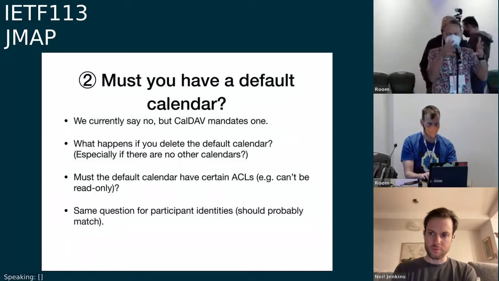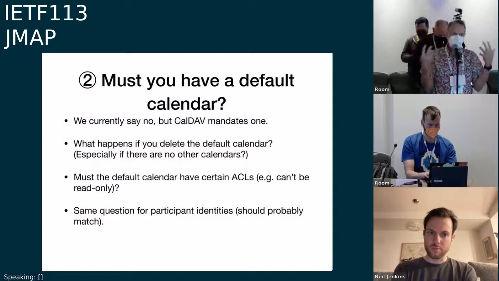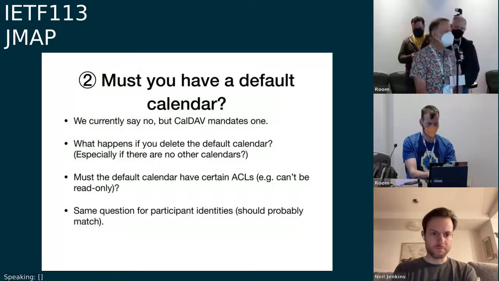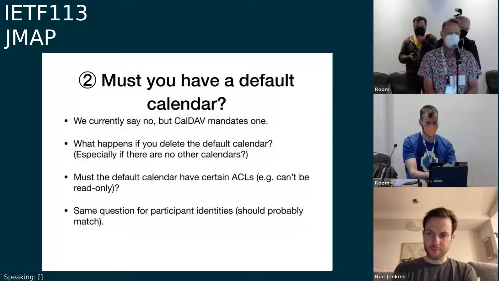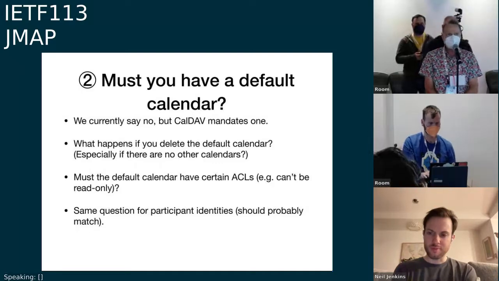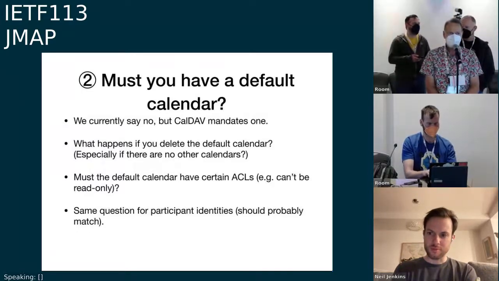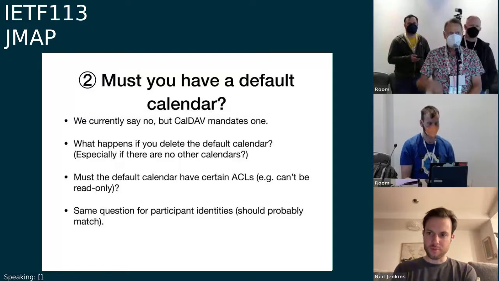You probably don't want that for this, but maybe you want to do the same kind of thing as IMAP does with inbox. So basically, Alexey just said yes to default, and I'm saying, yeah, probably, especially if CalDAV requires it, it would be useful to have that specified as some standard behavior in JMAP calendar.